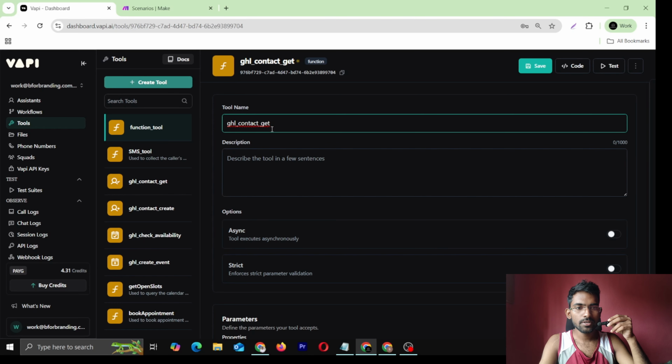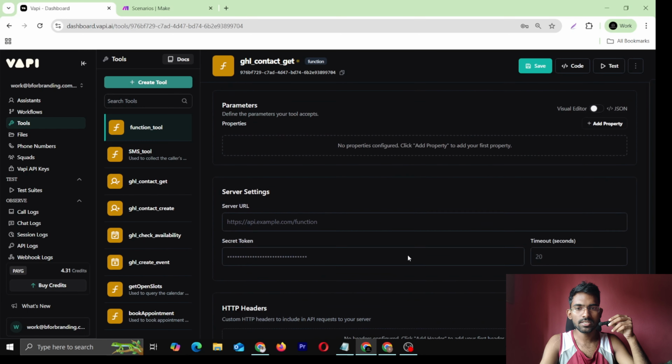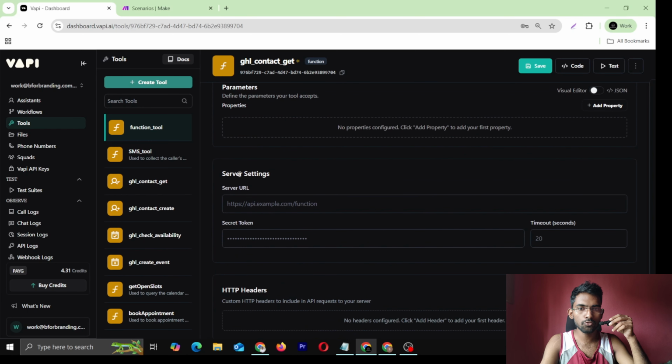So whatever name you are giving here, you need to give the same name in the assistants. So inside assistants you have the tool flow, right? So inside that tool flow you need to give the same name that we have given here. Okay, so once you put the name, the description will be blank. Here in the server settings, all this will be blank. Okay,